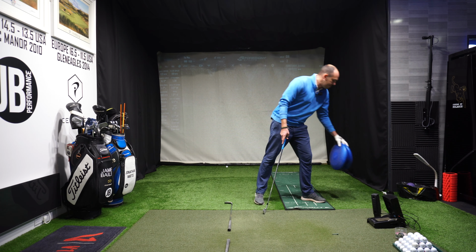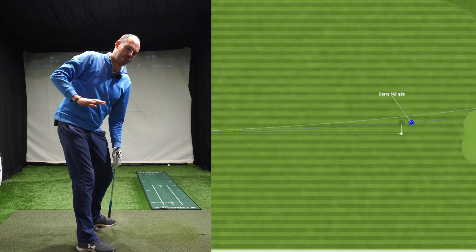So I just took the pace a little bit out of the swing here, so I'm not expecting it to quite go to the green. Didn't lose a lot actually. With a little bit of bounce and run, it's still finished up there at about 180. But I took the pace out of it, just trying to get that sensation of where my pressure was in